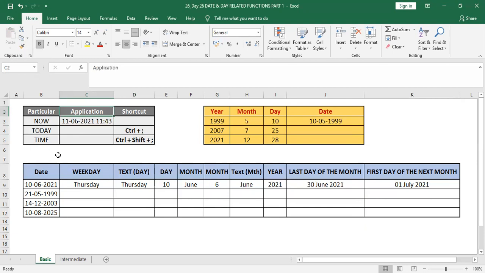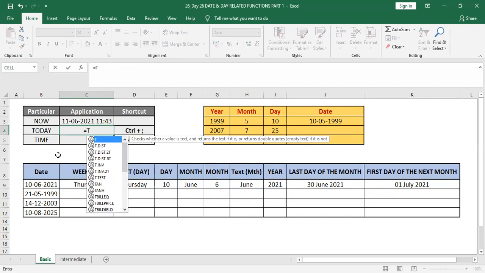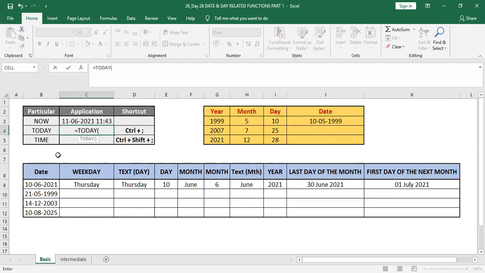Okay, so TODAY is the new formula which gives us the date for today as it is. Same formula: TODAY, tab, complete the bracket, enter. That's it, we get today's date. Then for time, the shortcut is Ctrl Shift and semicolon together, and you can get the time. Okay, so hopefully you're getting it. See, the NOW value is getting updated as per the clock and time.